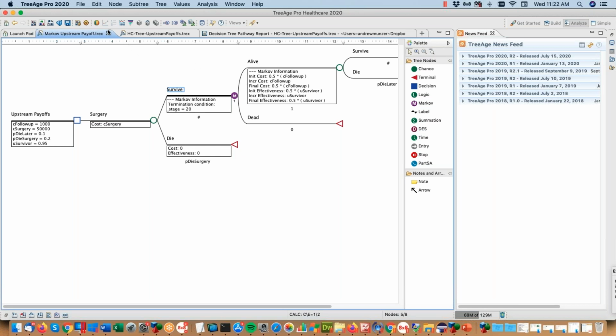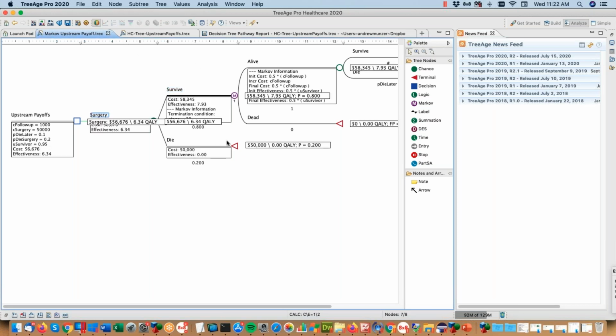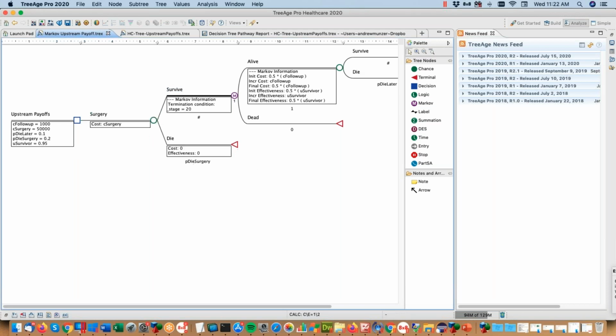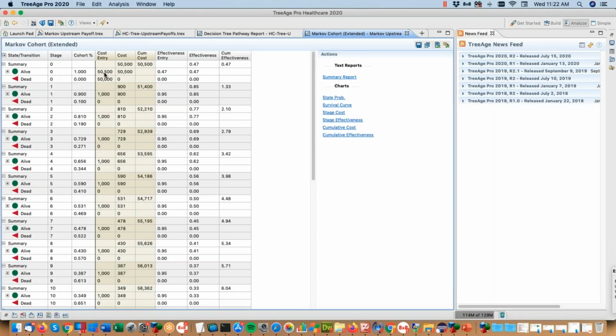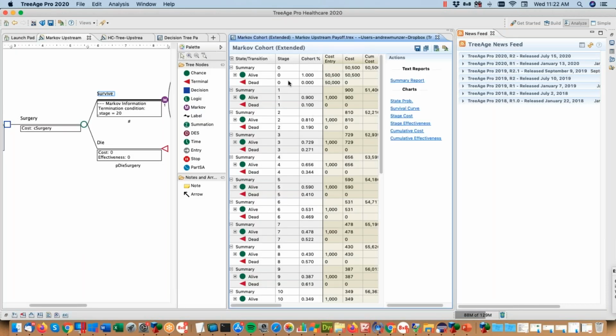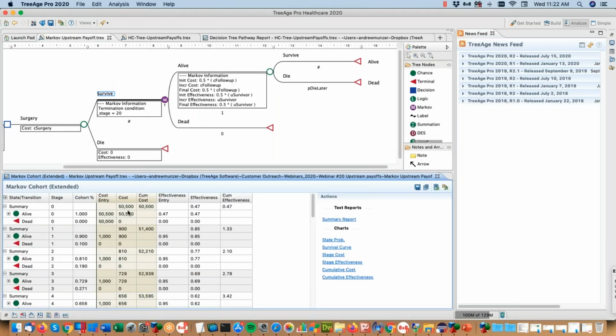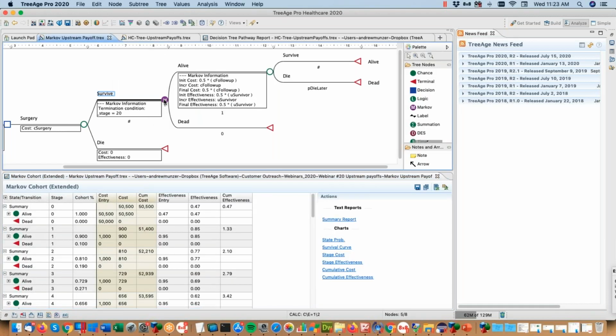So let's start with the rollback. And you can immediately see the 50,000 that came from upstream down to here. And let's also look at the cohort analysis report. And you see this 50,000, well, that reflects the 50,000 that was upstream at the payoff node. In fact, let me put it down here. It reflects the 50,000 that happened upstream